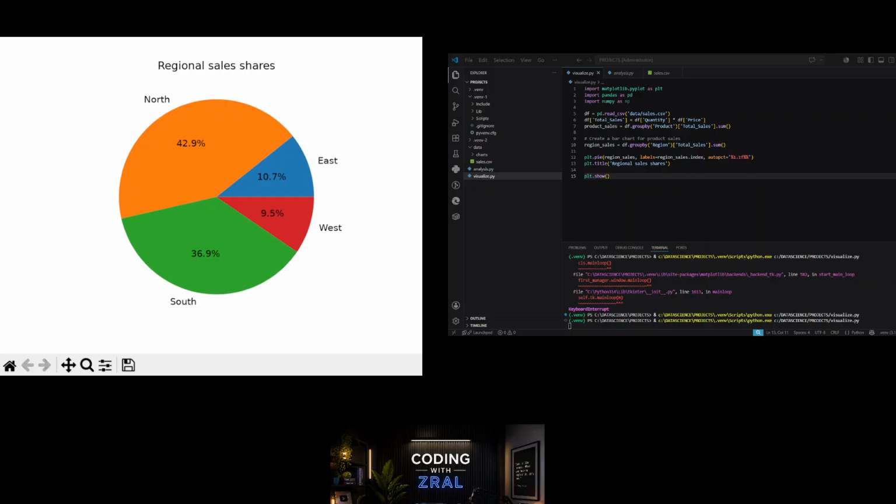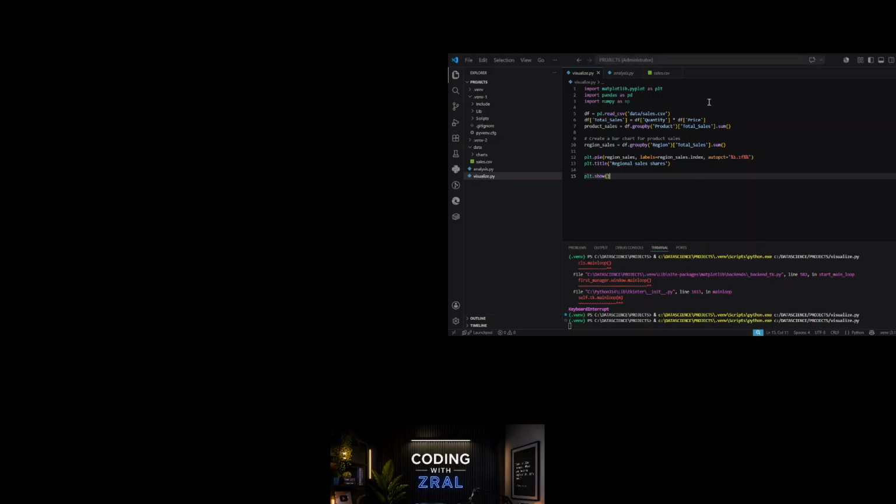So the last question, the seventh plot, what we will be doing is plotting a histogram. So what we'll be plotting here is actually